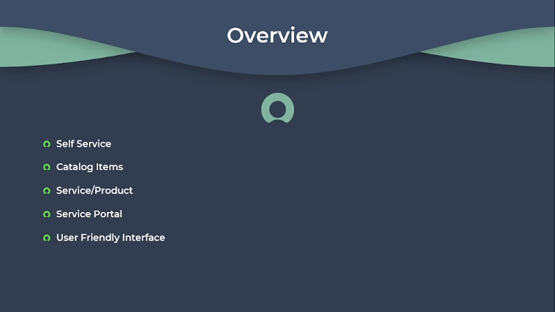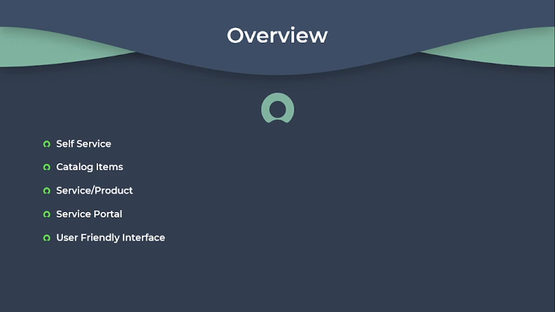Within the service catalog, items are individual offerings available for request by users. These items represent a wide range of services, products, or resources that an organization provides. Examples of catalog items include requesting access to a software application, ordering a new hardware device, submitting a service request for IT support, requesting HR services such as employee onboarding, and more. Each catalog item is defined with specific attributes such as description, categorization, associated cost, if applicable, fulfillment process, and dependencies.